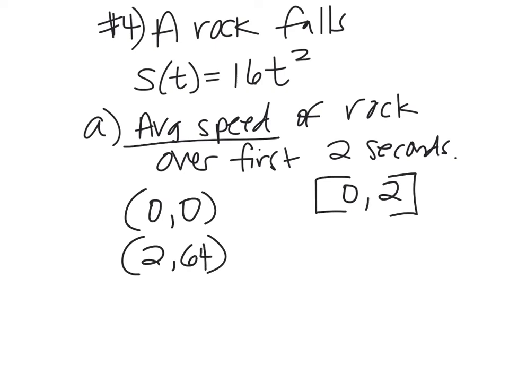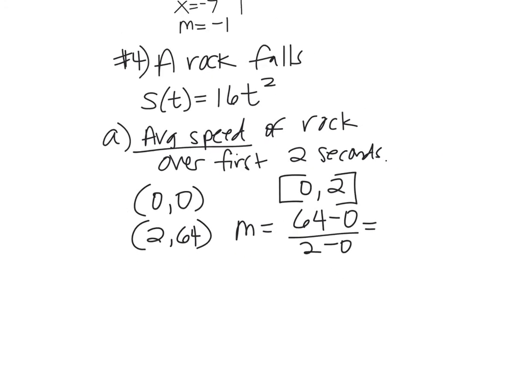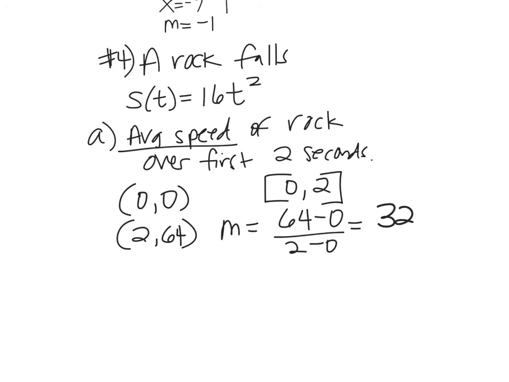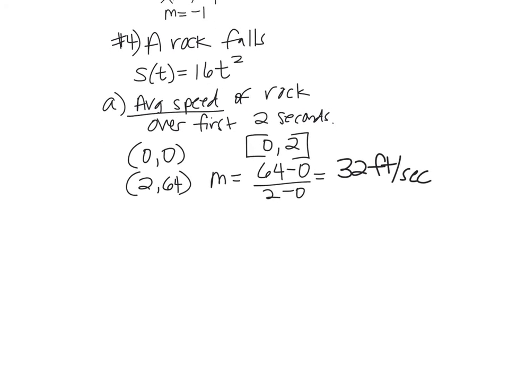And so we find the average rate of change of this rock. We do 64 minus 0 over 2 minus 0, and we get 32, and this is in feet per second. I should have told you that. There you go, 32 feet per second. Okay, now let's go ahead and do part B, find the